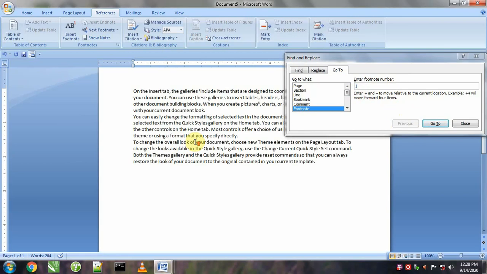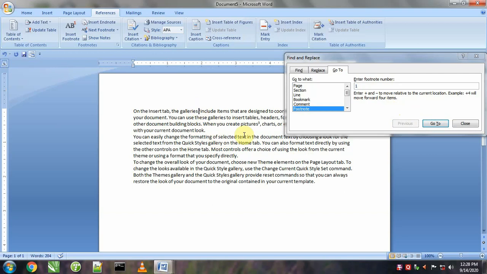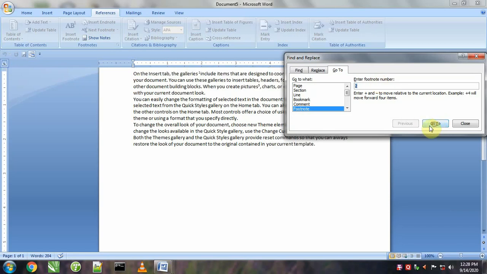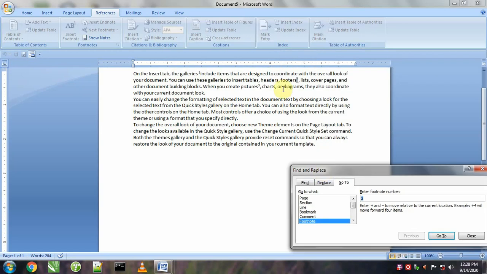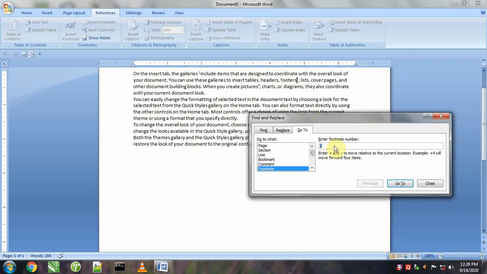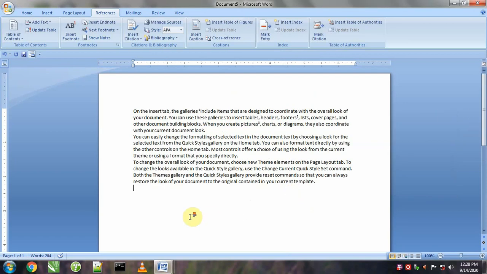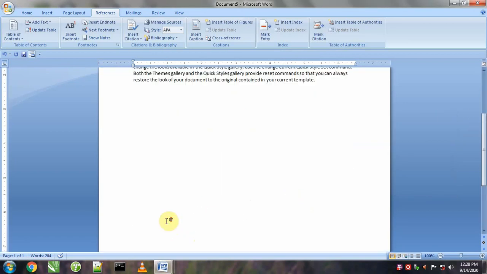And footnote we can look over here also. If I put my cursor here and I say bring me to the third footnote, in that case it will bring me to the third footnote. If I say bring me to the second footnote, it will bring me to the second footnote. So like this we can visit footnotes. Footnote will always be placed at the bottom of the page.